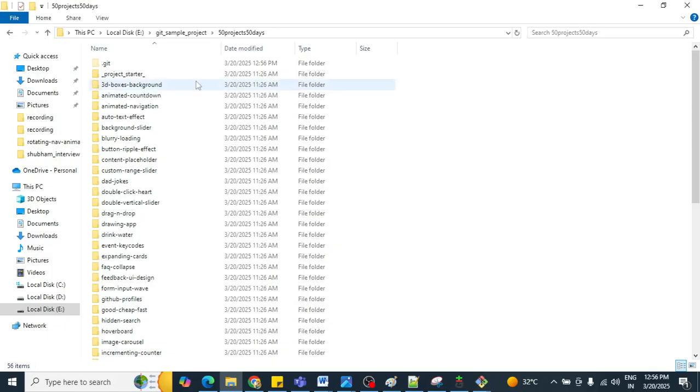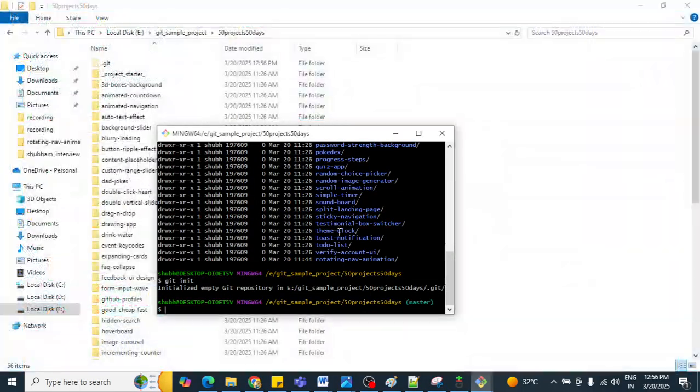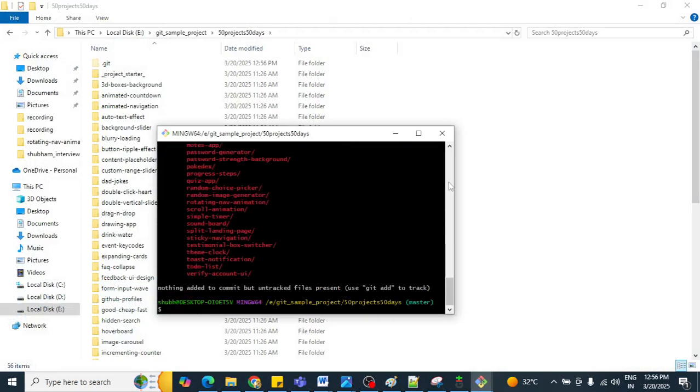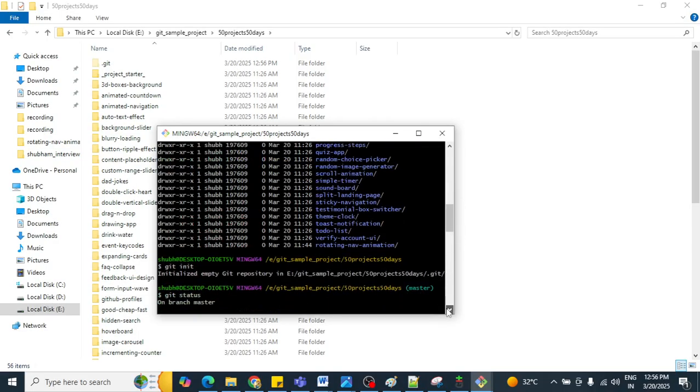Now you want to know whether it is tracking or not, so the next command is git status. You have executed git status, and now you can see this.